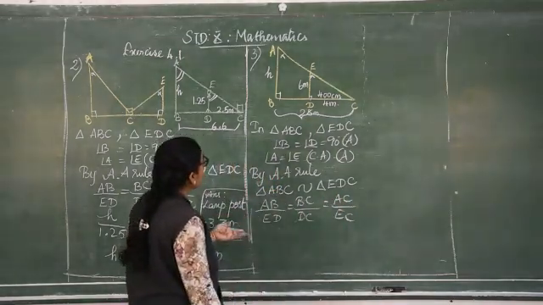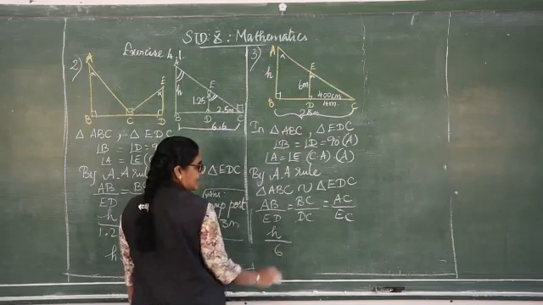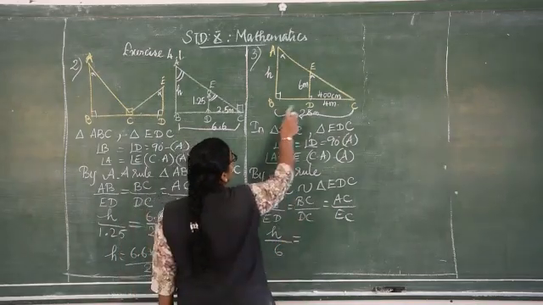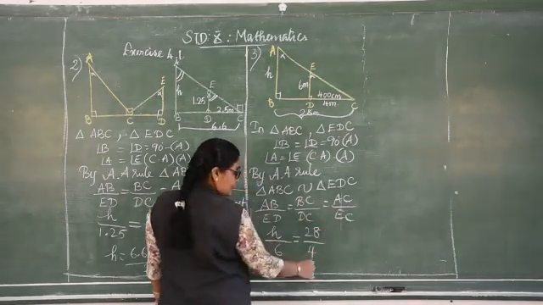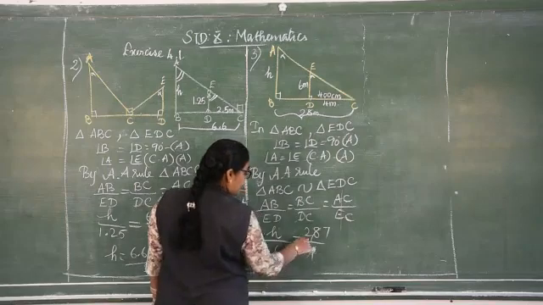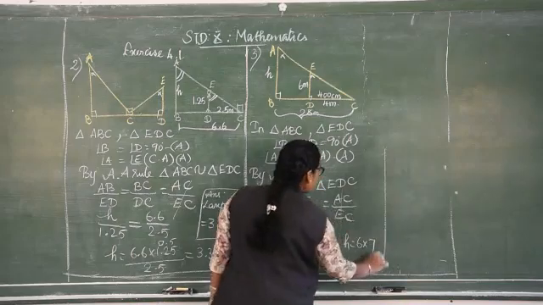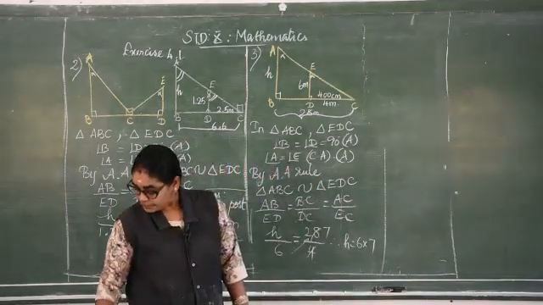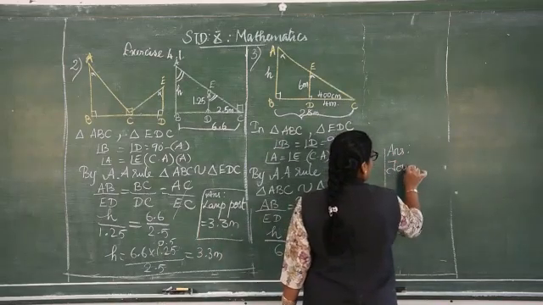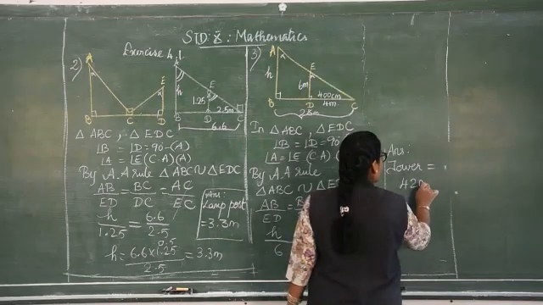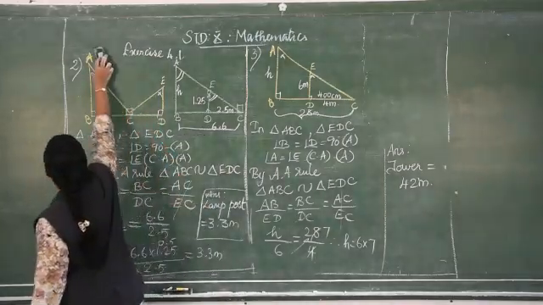Then apply the values. What is AB? It is H. ED is 6. Where is BC? BC is 28 and DC is 4. We don't know this value. So, cancel this one as 7, and height we need, H is equal to 6 into 7. And what is the question? Find the height of the tower. So, answer, tower is equal to 42 meter. That's all. So, easy way, when you understand the diagram and apply the conditions, it will be easy for you to complete your sum.